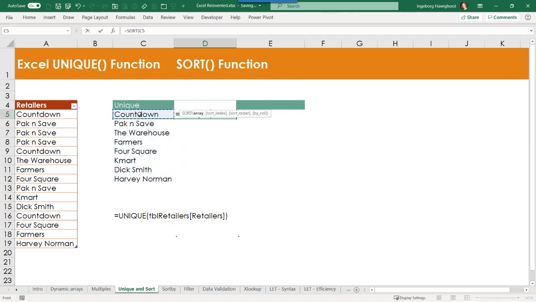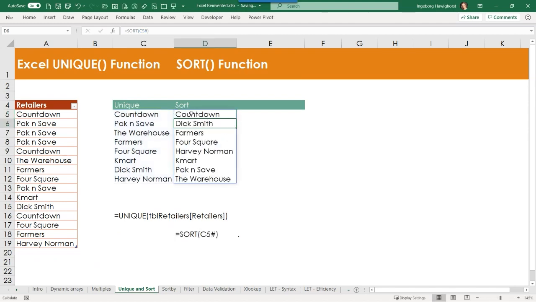If I just say sort C5, or this cell, then I only have one cell. So the syntax to say I actually want to sort the result of the formula in that cell is to use the hash sign. Hash sign after the cell reference, and it will apply to the whole range that this formula covers. So hit enter here, and we have a beautifully sorted, alphabetically sorted list of unique retailers,